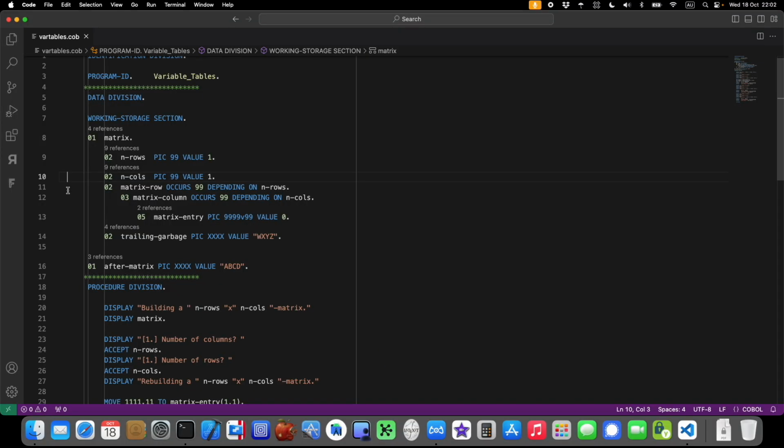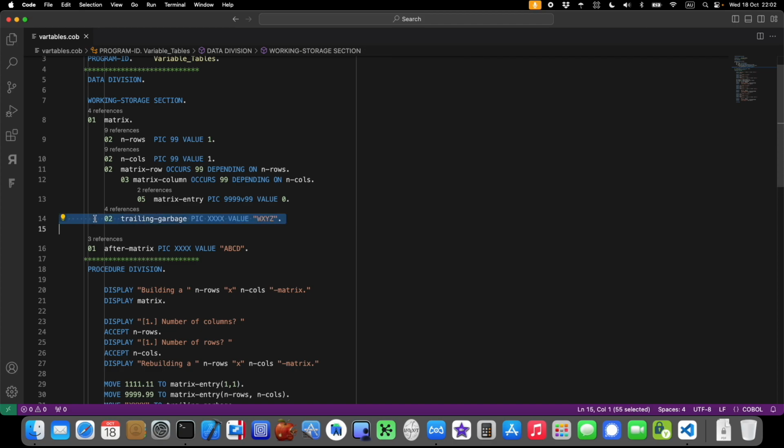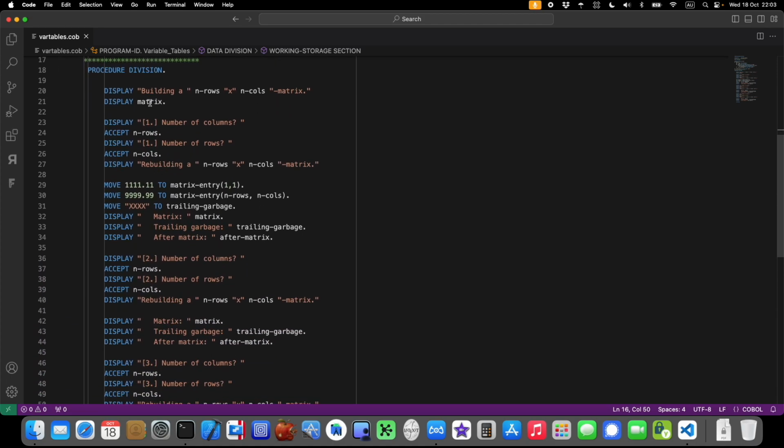So here I've modified my data structure to include this trailing garbage in the same matrix record as my variable size table. And I also added this data item after matrix. And so that we can spot them more easily when we print out the matrix, I initialize them with some easy to spot values. And now I've already changed the whole program to be a bit more